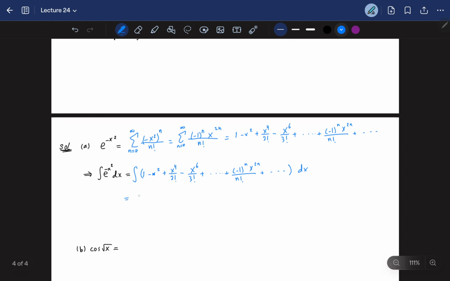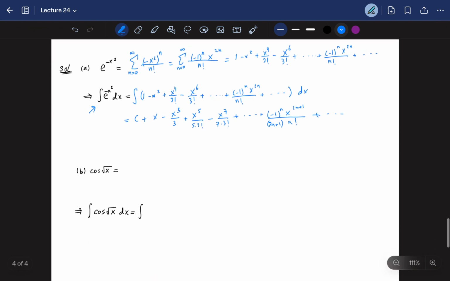So if you integrate, you're going to get C plus x minus x cubed over 3 plus x to the 5th over 5 times 2 factorial minus x to the 7th over 7 times 3 factorial, and then you can do it for the nth term, and so on. So we went from something that's very difficult to integrate into something that I was able to integrate in one line. That's why power series are quite useful